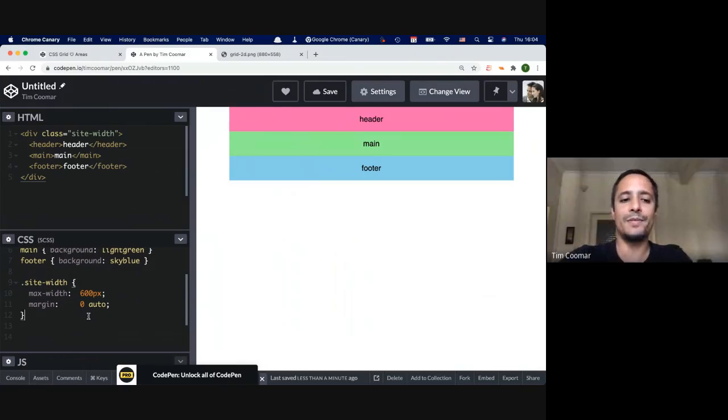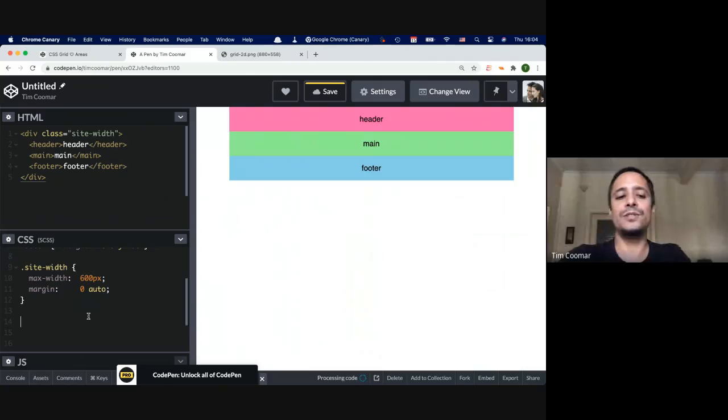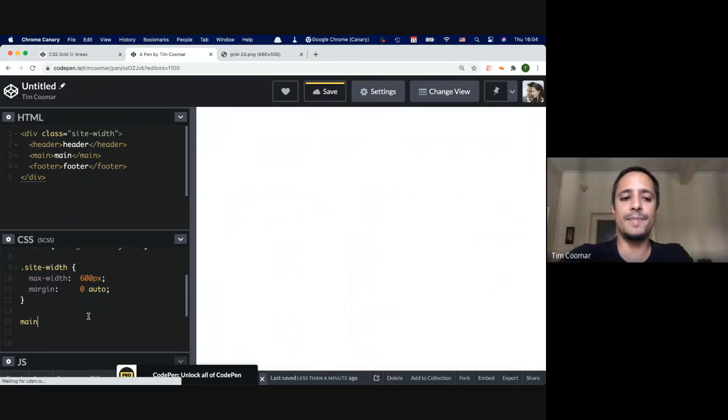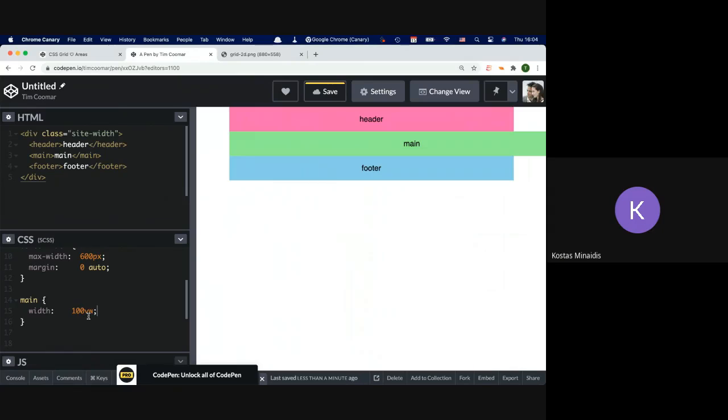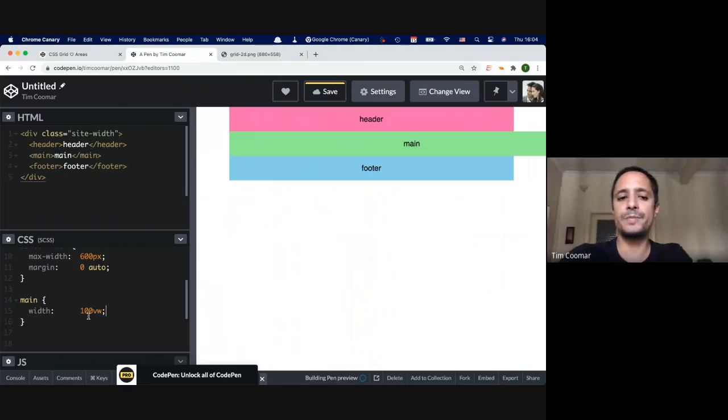So one other thing that I saw recently is a hacky way to do it. You would target the main and force it to break out. So you would say width 100vw. Do you guys know viewport units? Have you used them? We've seen vh, viewport height. So yeah, vw is 100% of the viewport width. So we've made that now 100vw, which means the width is the width of the viewport, and then this is very hacky, but you would say